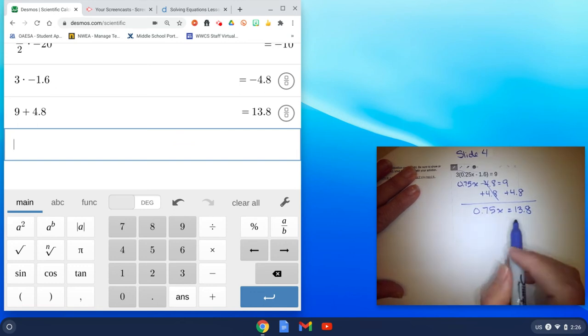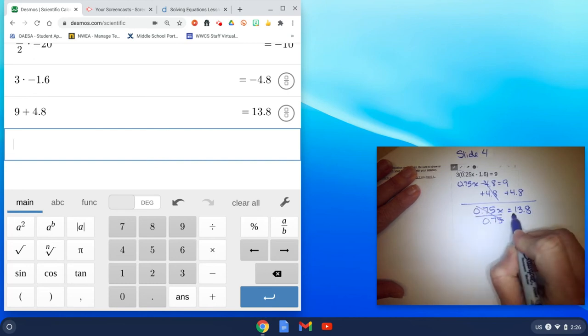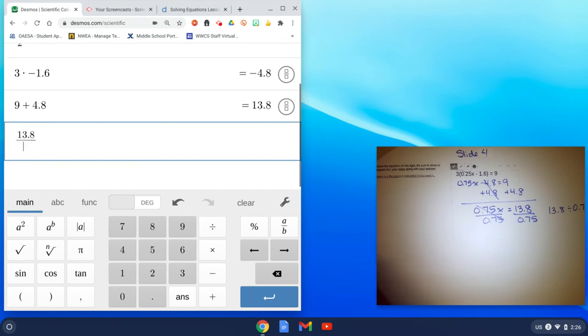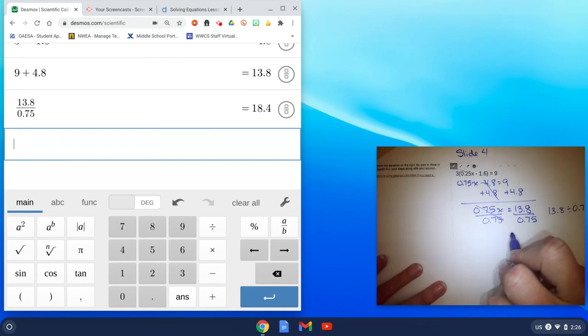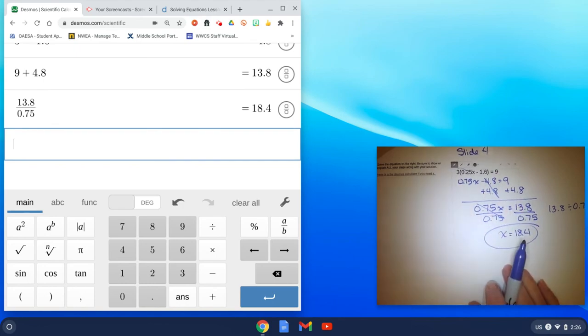I undo multiplication with division. So I'm going to divide both sides by that coefficient. If you're not careful here, you're going to get the wrong answer. Make sure that when you type this division you type it in 13.8 divided by 0.75. And I get 18.4. So again, use the skills you've learned in solving